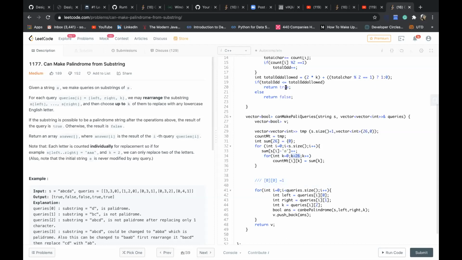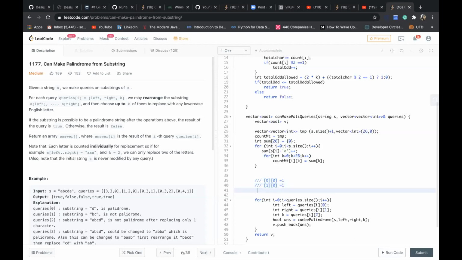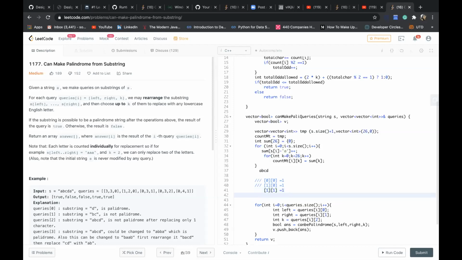So for each index there will be 0, 1, 2 till 26 counts, which I'm not writing here right now. For the first index it will be 0 equal to 1, and suppose my string was a b c d, at index 1 it will again be 1, and for the rest all it will be 0.